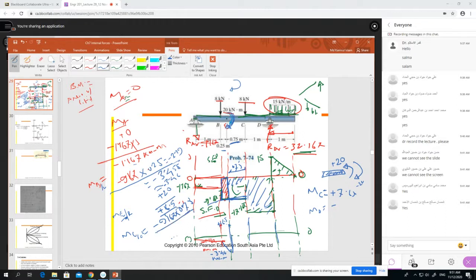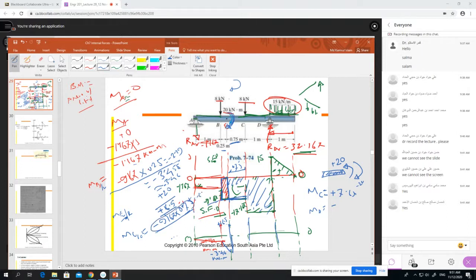So if you do the algebraic calculation, let me do it again. 9.167 into 0.75, so 6.86, this will calculate only this part,